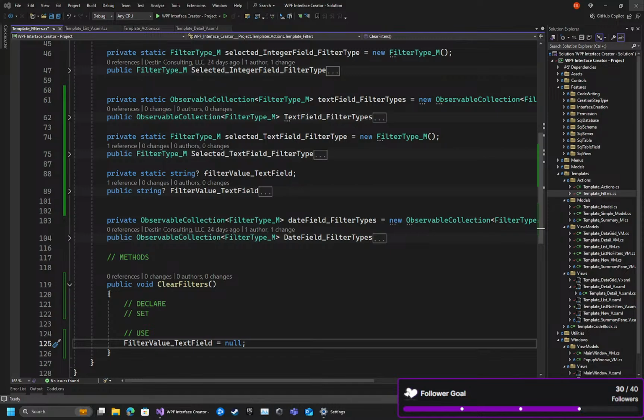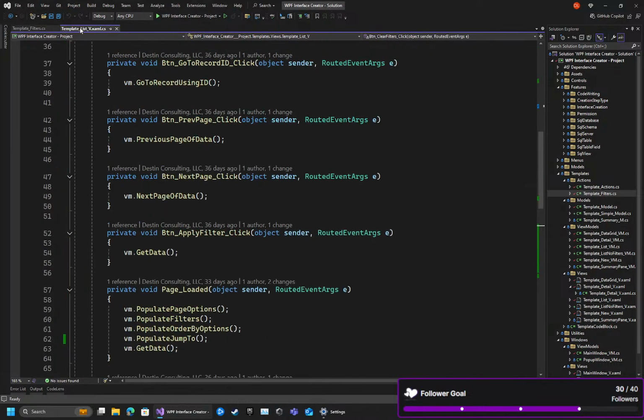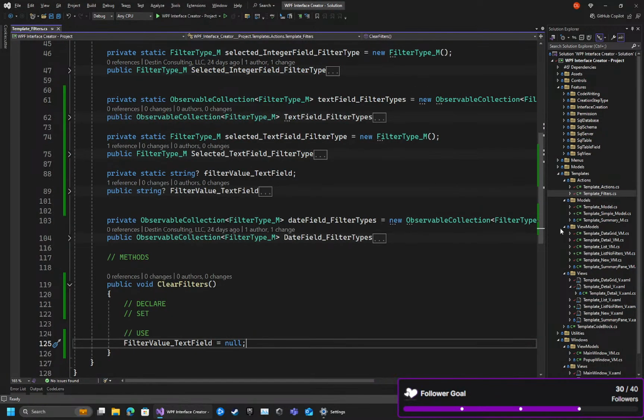Print is almost done, so I'm going to do that when I can. Essentially, the clear filters button should set the defaults and wipe out the values, which I think makes sense. So inside of the list, which is here,